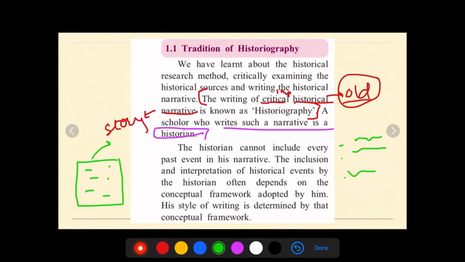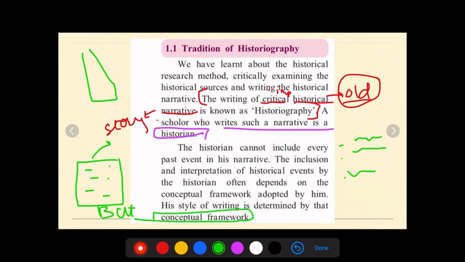Now if we take the example of cricket and the cricket bat, the bat of cricket has evolved, right? The cricket bat has evolved so much. It has evolved because earlier the grip and the shape of the bat were also different. So if I want to study about cricket, and from that cricket only I want to study only about the bat, then that is my conceptual framework.